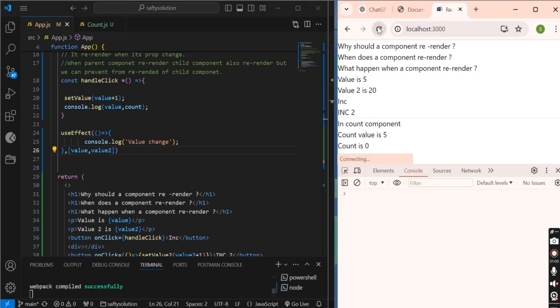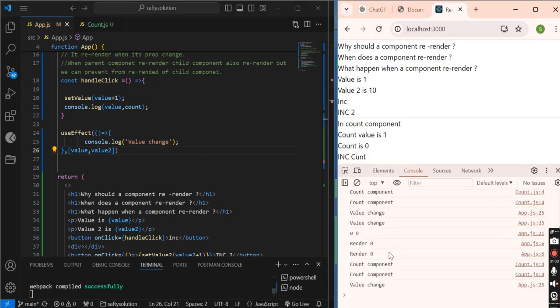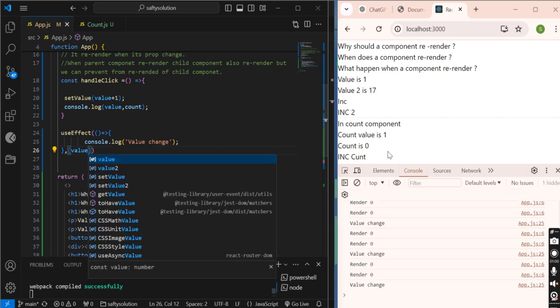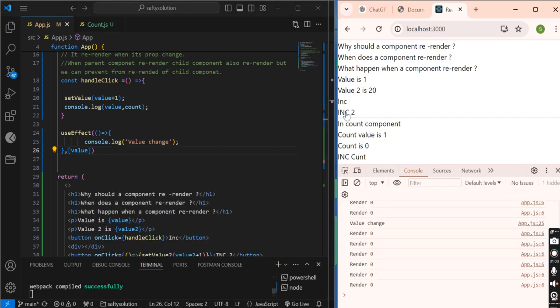Now I will click on this, value changes. I am clicking, see, value changing. This function is also getting called. Remove this, now increase, only this one is not executing.